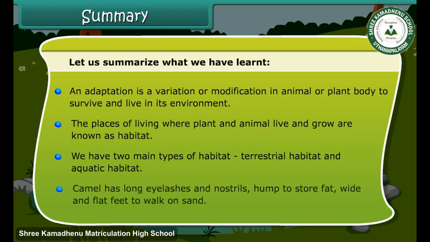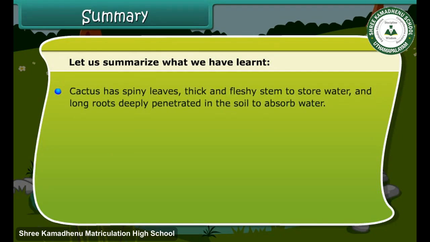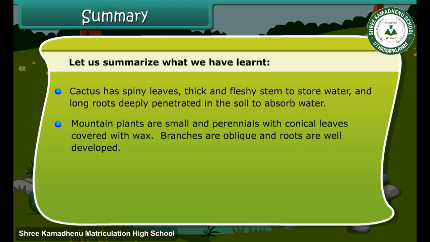Camel has long eyelashes and nostrils, a hump to store fat, and wide and flat feet to walk on sand. Cactus has spiny leaves, a thick and fleshy stem to store water, and long roots deeply penetrating the soil to absorb water. Mountain plants are small and perennials with conical leaves covered with wax. Branches are oblique and roots are well developed. Animals found in mountains have thick skin and fur. Aquatic